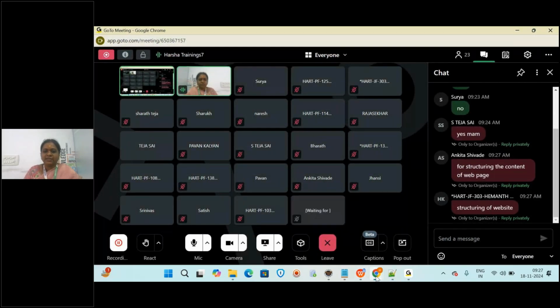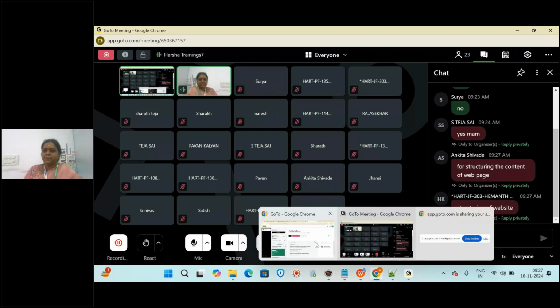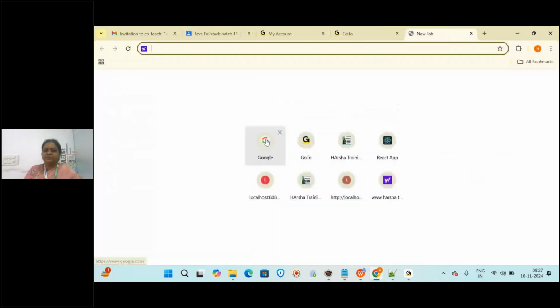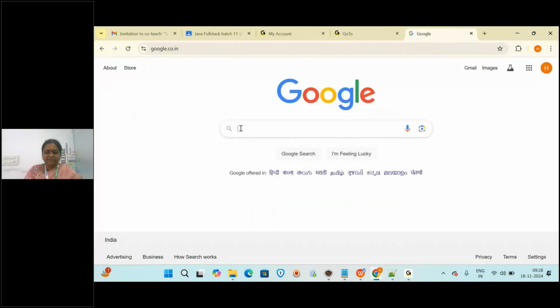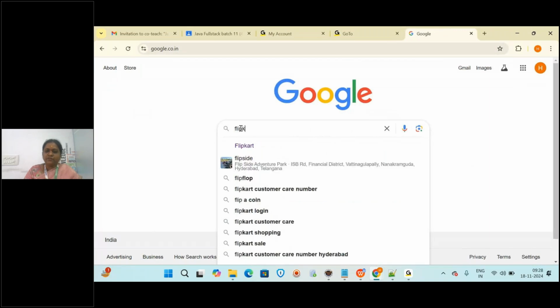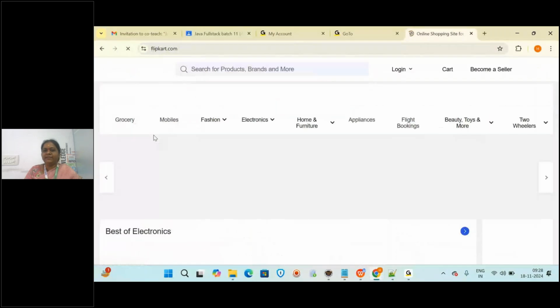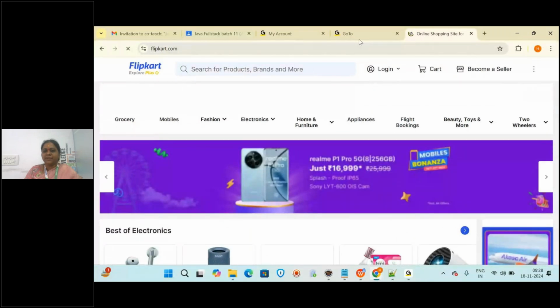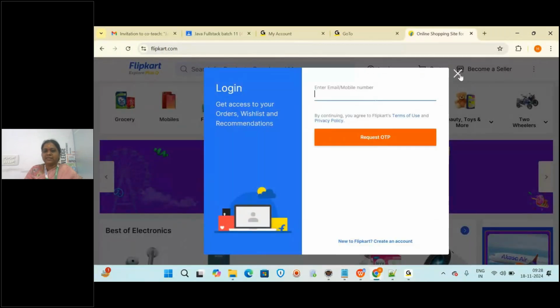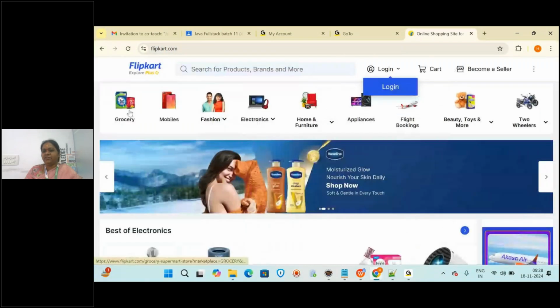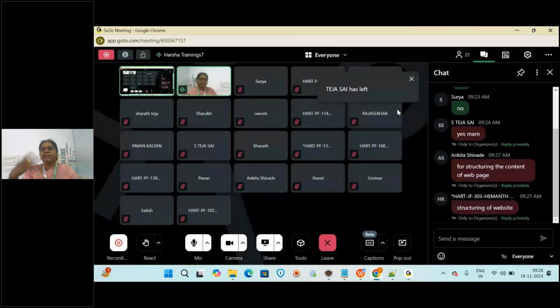So we can see the web page. Suppose I am selecting a web page like Flipkart or something. If you see the Flipkart web page, these are the kind of applications you will be developing. When you see this application, you will have images and everything. So HTML is not for fully applying the styles.